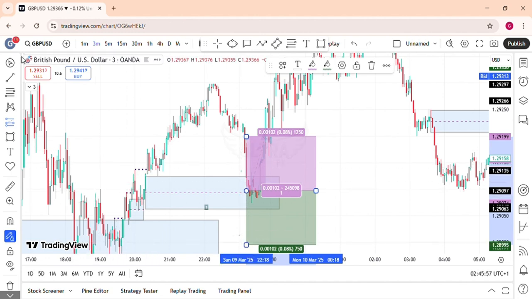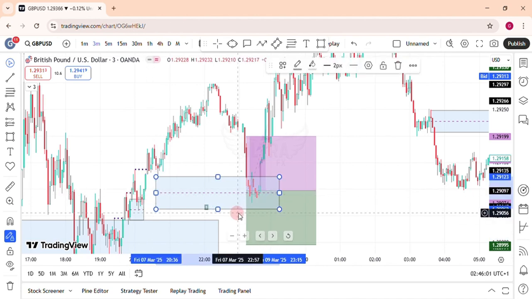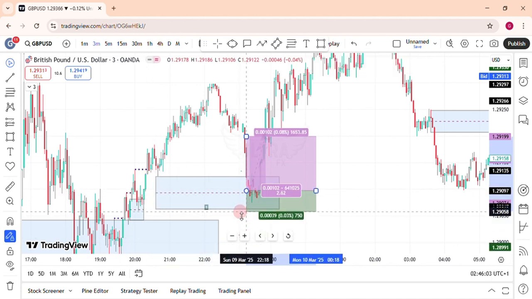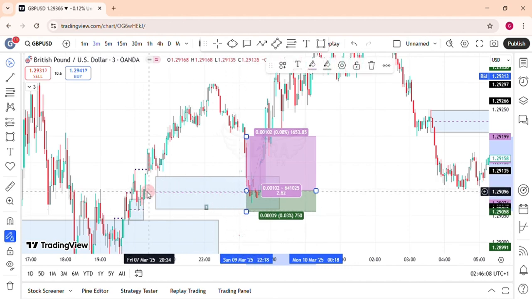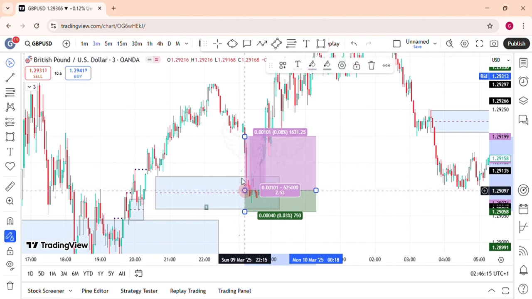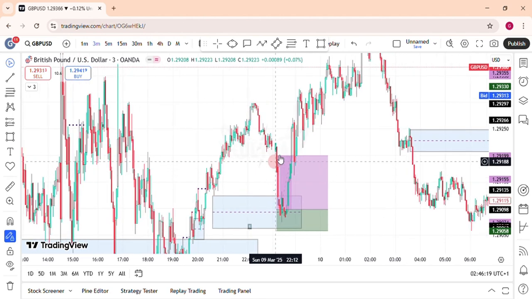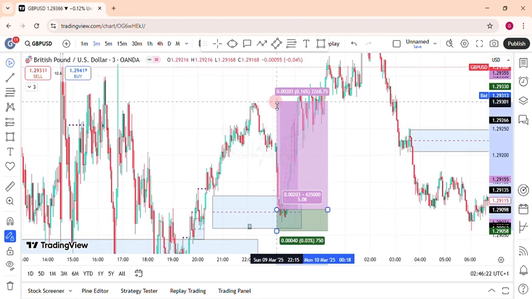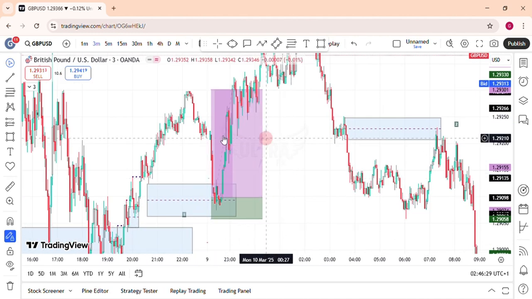So let's have a clearer view of this fair value gap right here. It's better we use an extreme fair value gap for your entry here. This is a fair value gap, or you can use this one. So since we have a fair value gap here, this should be our entry, and our take profit should be at the end of that high. This high here should be our take profit. As you can see, we have a 5.08 risk to reward ratio. So that is our first trade.